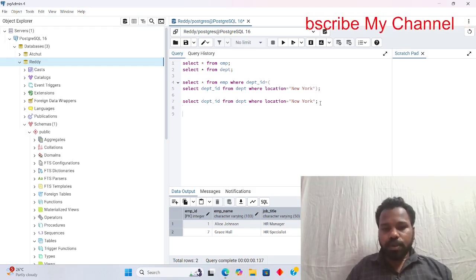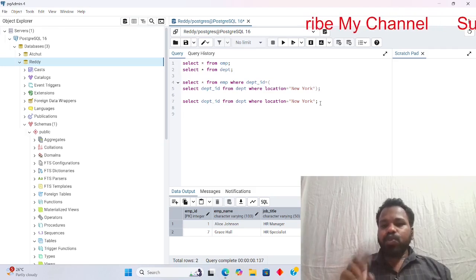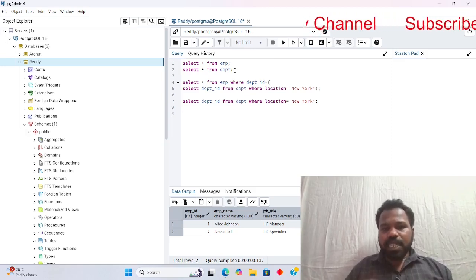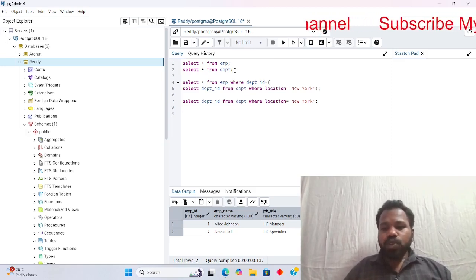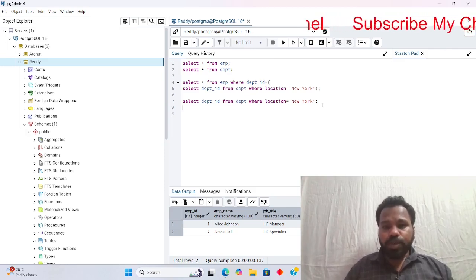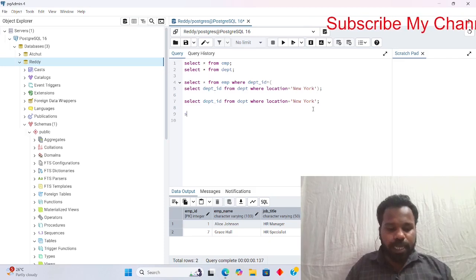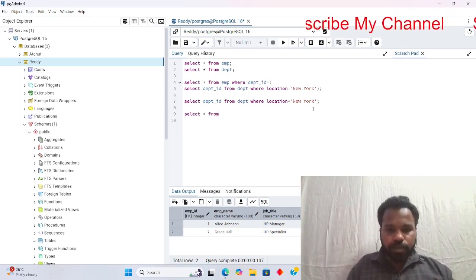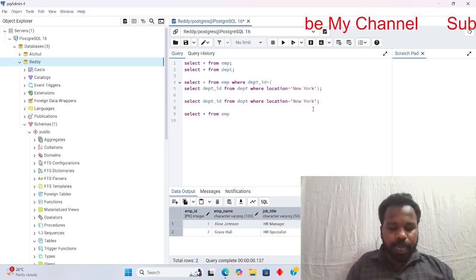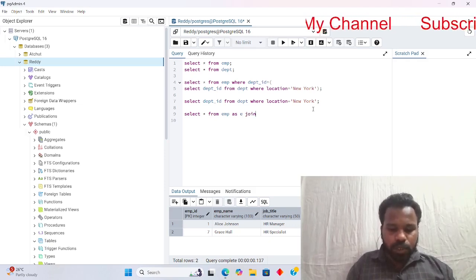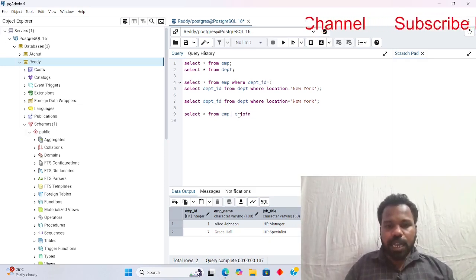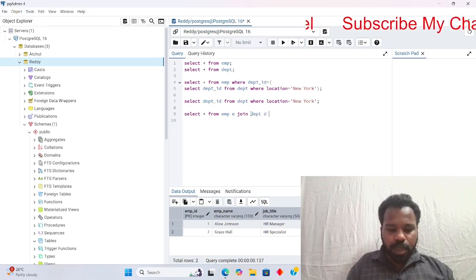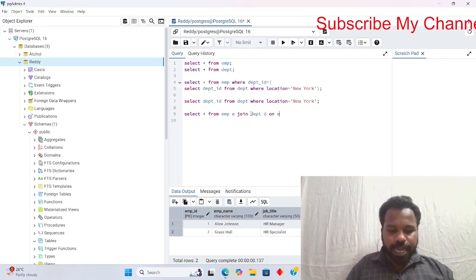And now I want to finally check the join. So see, what is the relation between them? Only department ID, right? So we don't need to get the department ID both times. So let me write the last query. Select star from EMP as E. No, not as. I'm removing this. Employee join department D on E dot